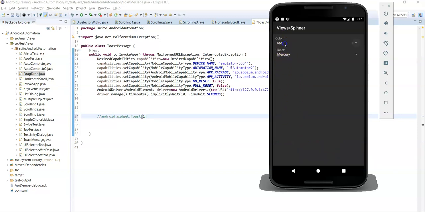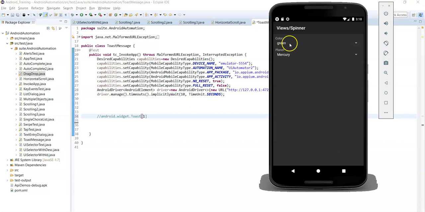Now let's select any value from the spinner. After selecting the value in the spinner, a toast message is displayed and it will disappear in a few seconds, right? So let's select another value from the spinner drop down.